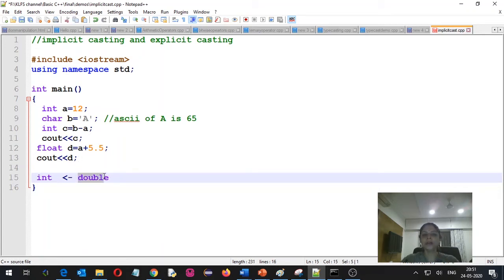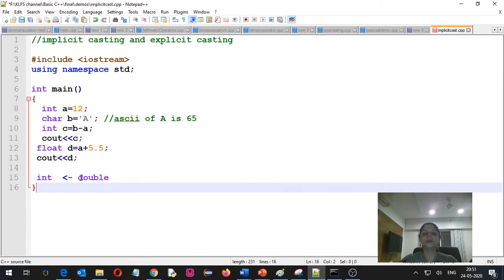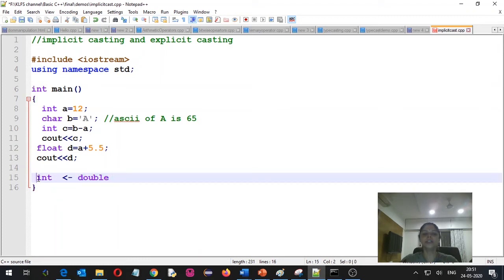So shifting data from 8 bytes to 4 bytes is shifting data from a bigger location to a smaller location, which may lead to loss of data, and hence we have to be careful when using implicit typecasting. And to show that I am aware that I am shifting data from a bigger location to a smaller location, at most places it is better to go for explicit typecasting.